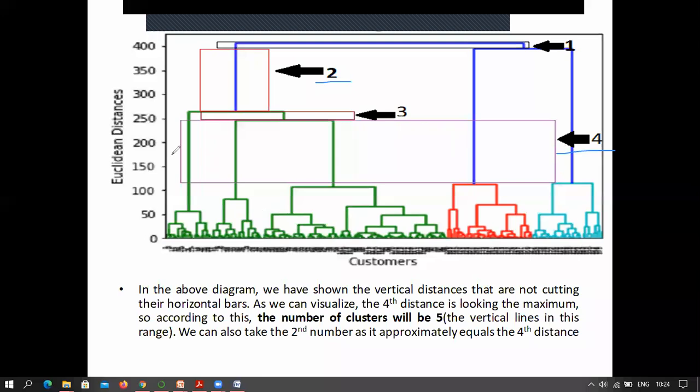The other way is that you just draw a line that is cutting your vertical lines over here, then over here, and then one more over here. Okay, over here you need to find out how many lines it is cutting. Here it is cutting two red lines, one this,